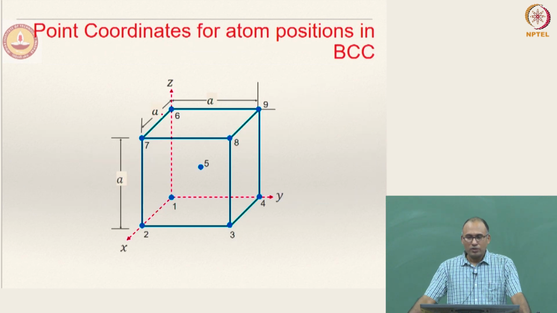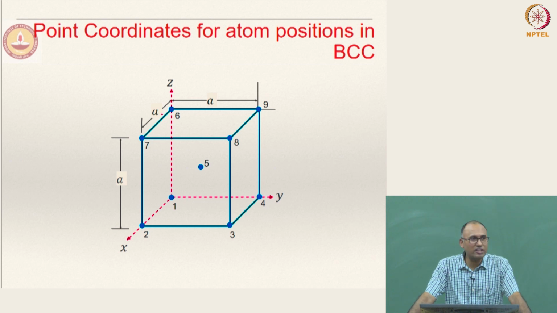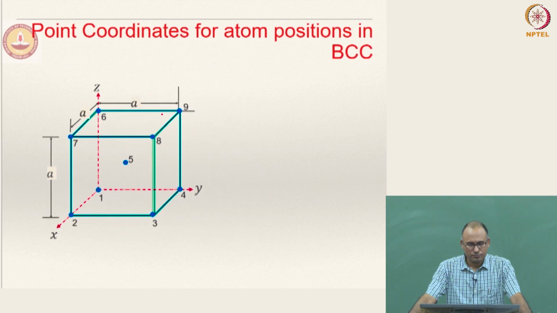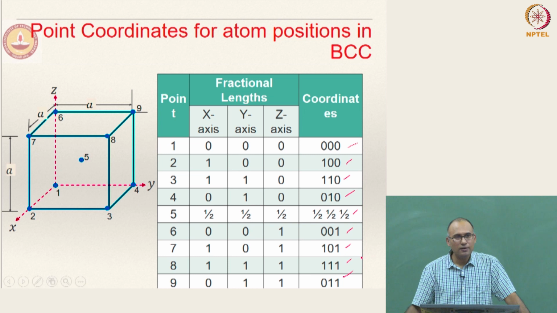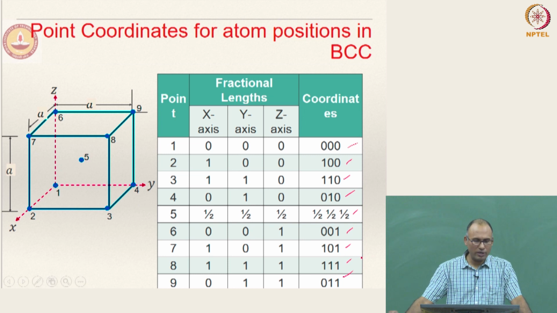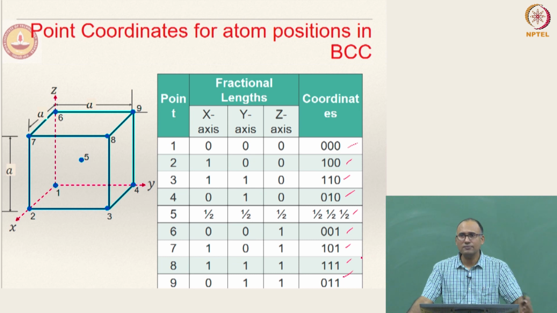All right. So now if you have a body centered cubic structure, this is how a body centered cubic structure looks like, and I have only shown points at the appropriate locations. And now how do you represent the lattice points there? So one is at 0, 0, 0. So you write the coordinates. This is how you represent all the lattice points. 1, 2, 3, 4, and the fifth one is the body center. So half, half, half, and so on. Is this clear?